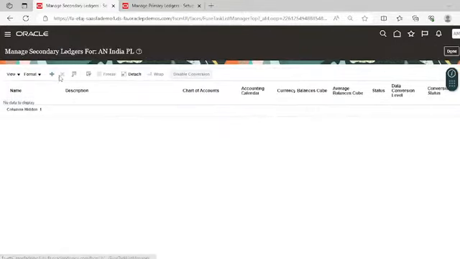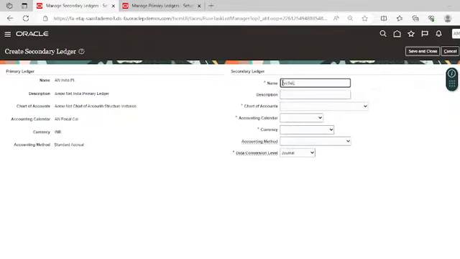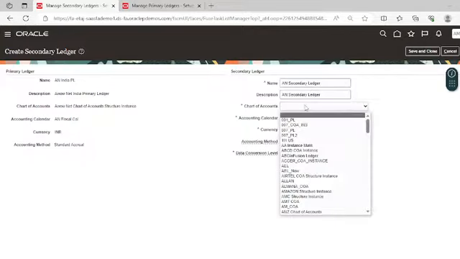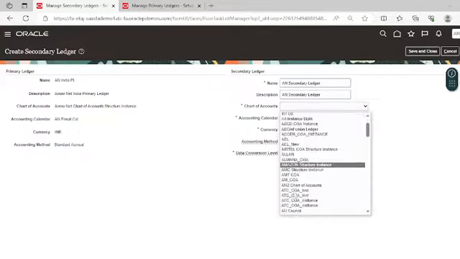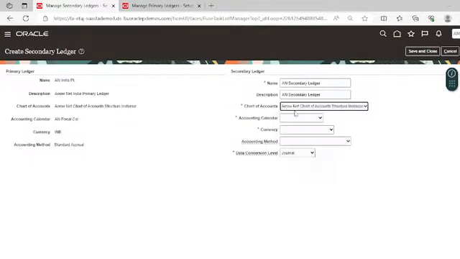Click on this create icon. Give the name to your secondary ledger. Here you have to select the chart of accounts. Now here in the accounting calendar we will select the different calendar than our primary ledger.